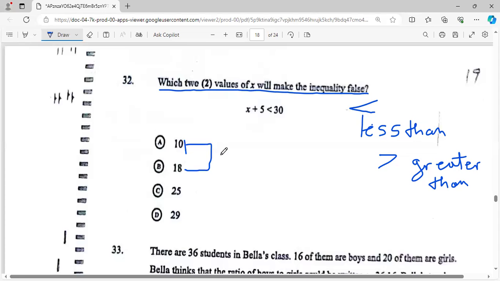Sir, my answer is 25 and 29. Yes, because if you add 25 plus 5, it is exactly 30. But is 30 less than 30? No, 30 is not less than 30. It's equal to 30. So 30 is not less than 30. So guys, you see it? You have to read the heading carefully, guys. 29 plus 5 is